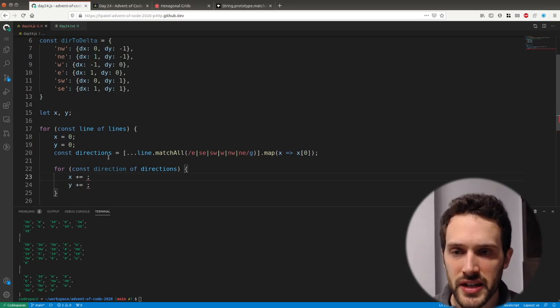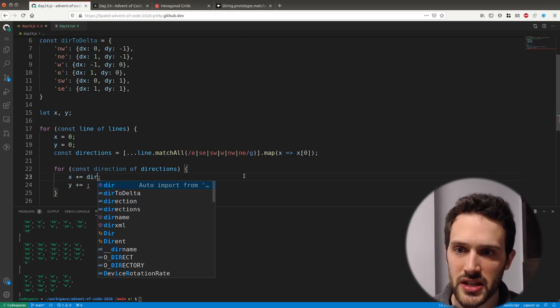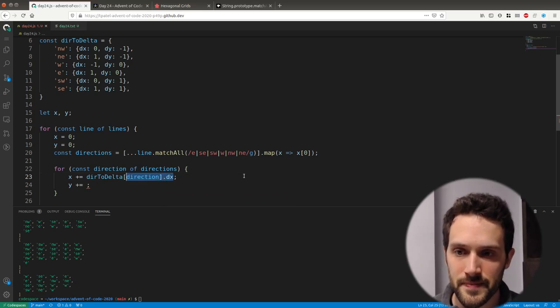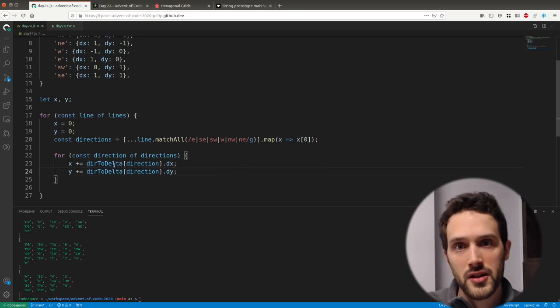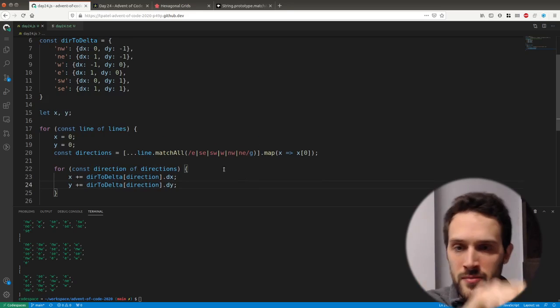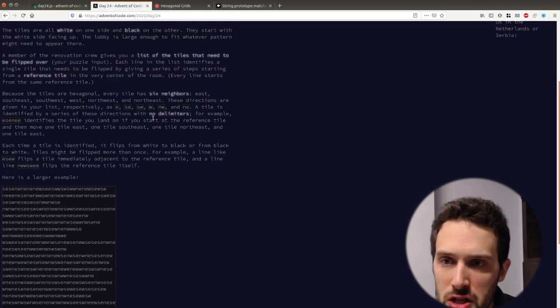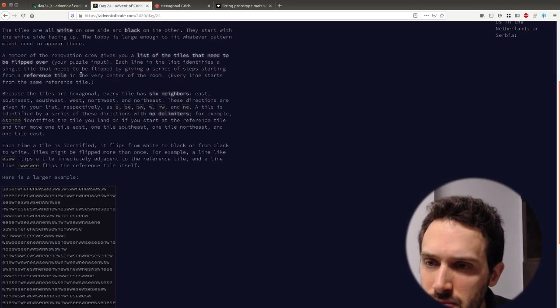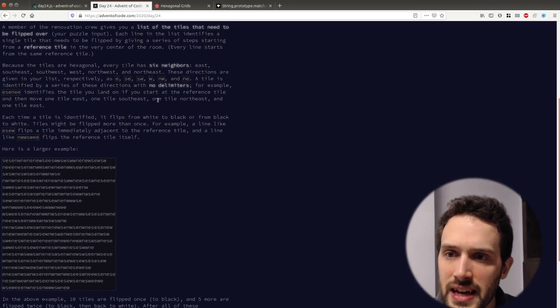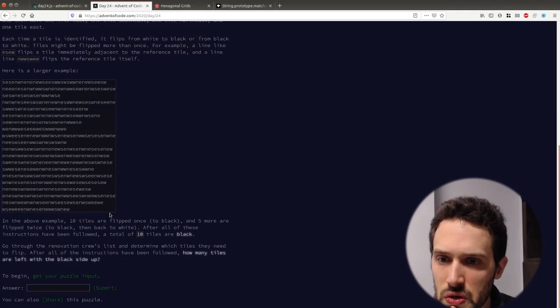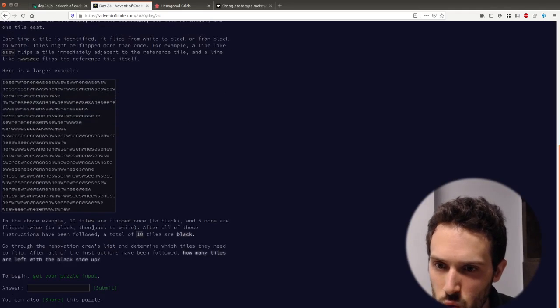So here for the direction, we're gonna say direction to delta of direction dot dx, and we're gonna do the same for dy. This is gonna basically make our x and y move in the space, and then we just have to flip a specific tile. The tile that we end up at, we need to flip it, right? It's white and then